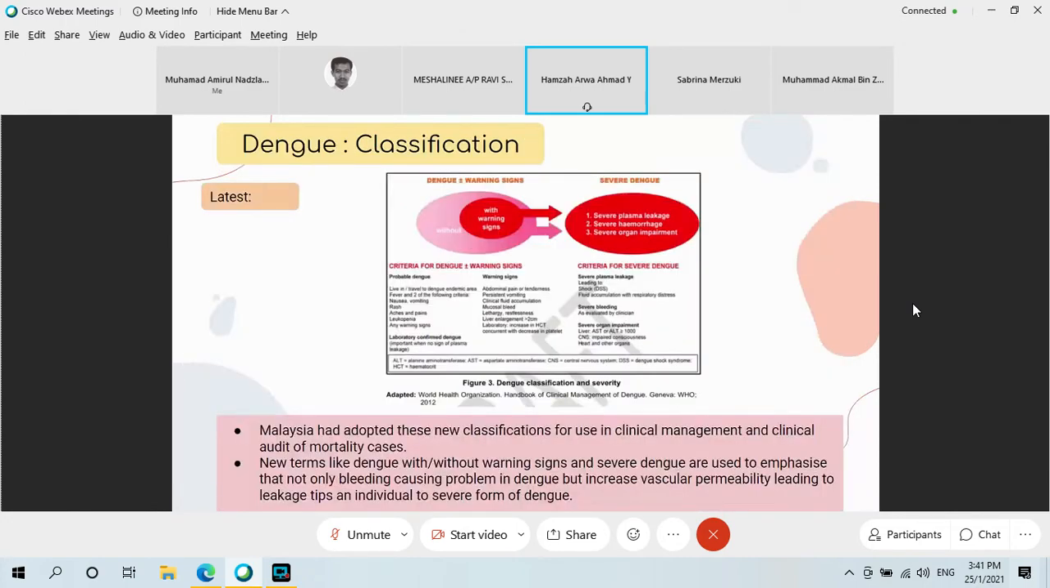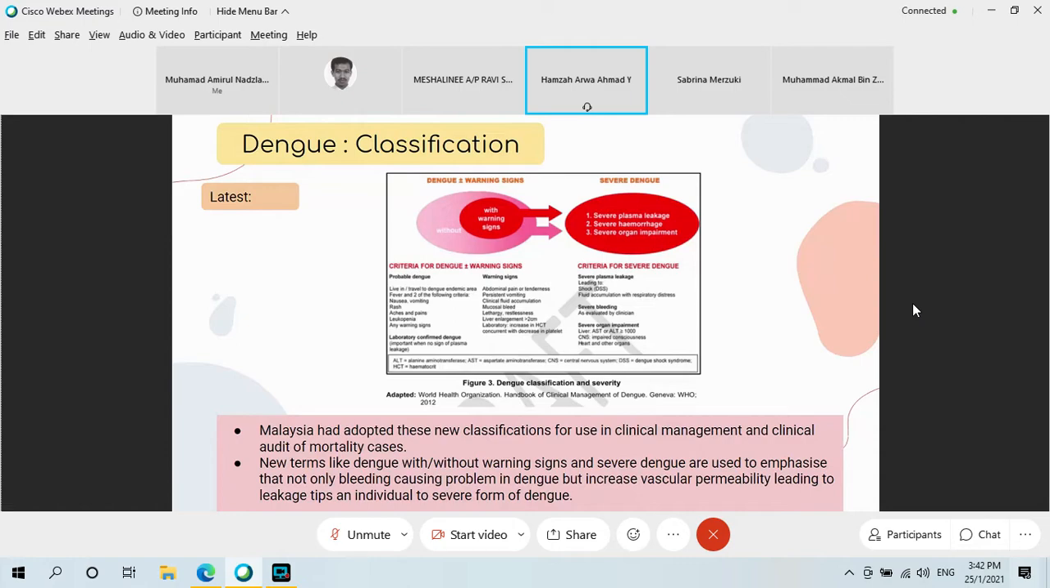So the latest classification of dengue is by the WHO in 2012. They classify it as dengue with and without warning signs, and severe dengue. The first classification, dengue without warning signs, is called probable dengue. The patient will be characterized with fever and any two of the following: nausea, vomiting, rash, aches and pains, positive